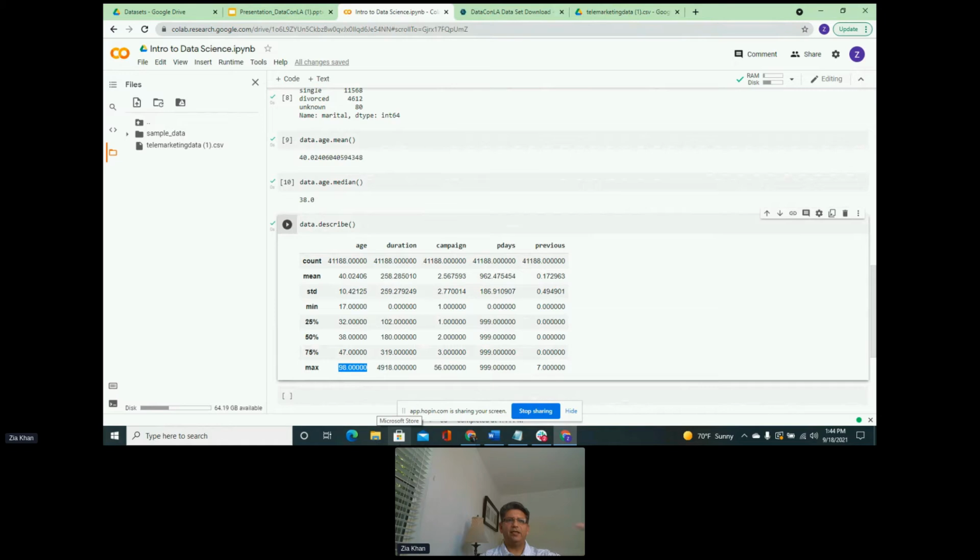This is your minimum, this is your maximum. So we start from 17, the youngest person, and again the median, the center point, is 38. A center point is where 50% of the data is above and 50% of the data is below. So that's your median age, and it actually provides us information for all the numeric features here.